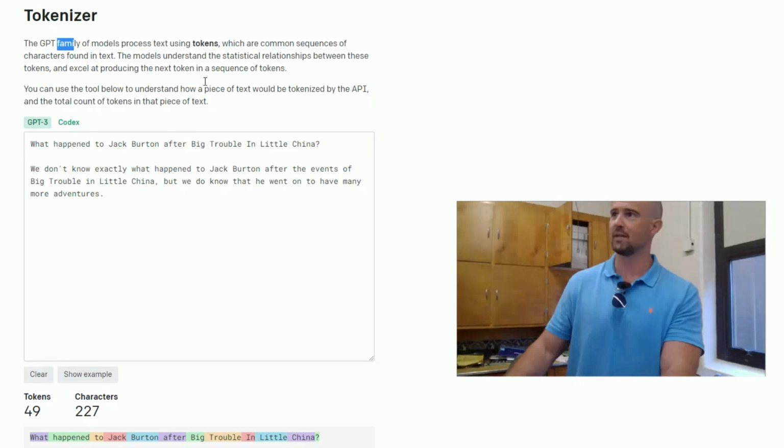And when you're using the Davinci, which is basically the smartest model with GPT-3, I think it's 6 cents per 1,000 tokens.